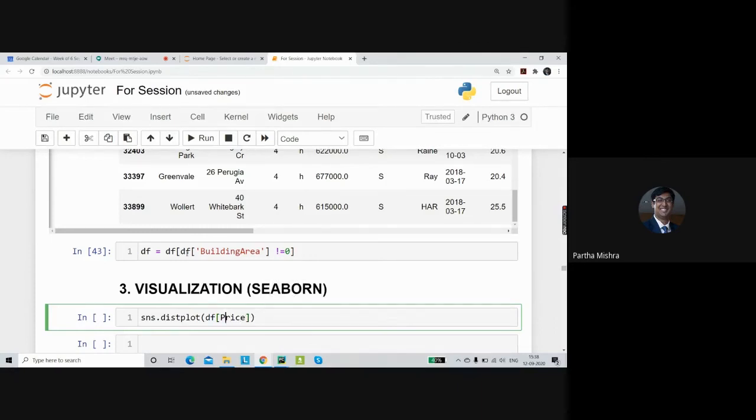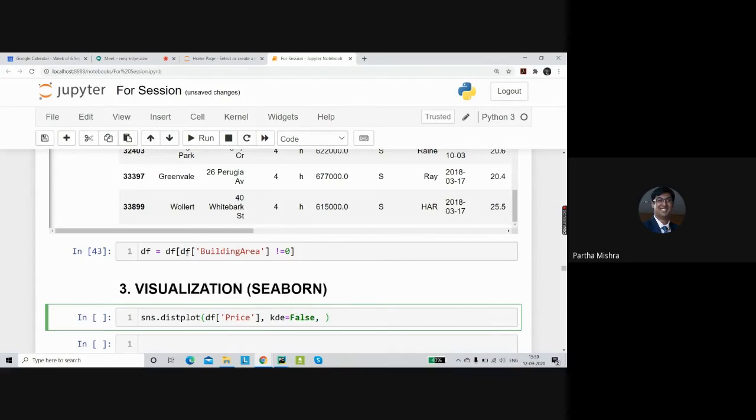Okay, this should have been in quotes. So df price, and we don't need the kernel density estimator graph inside it. We only need the distribution plot. So kde equal to False is what I'll be declaring.